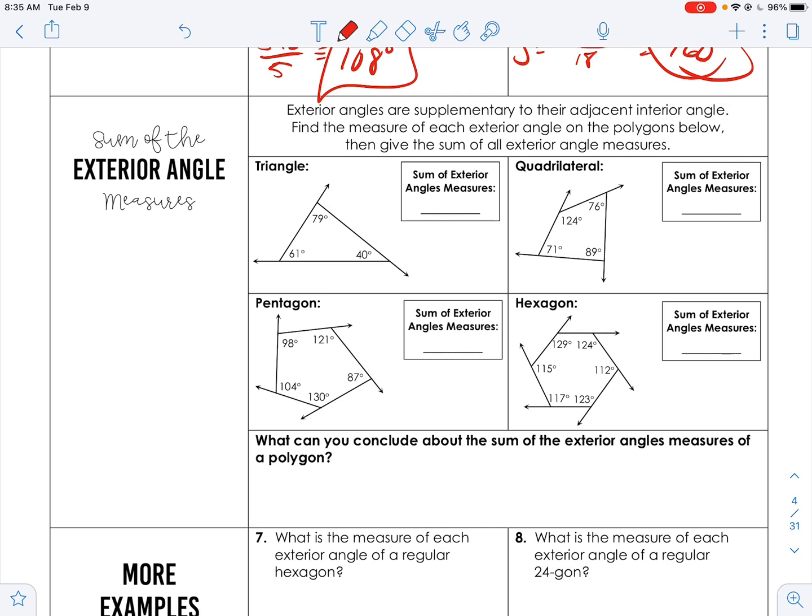Exterior angles. Remember, exterior is outside. Exterior angles are supplementary to their adjacent interior angle. Remember, supplementary means they add to 180. Find the measure of each exterior angle on the polygons below. Then give the sum of all exterior angle measures. Okay, so each one of these, as we extend the side,